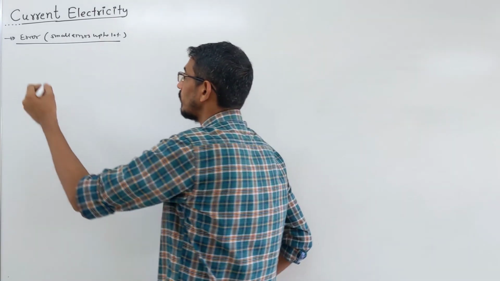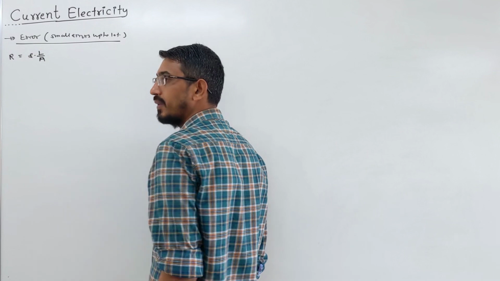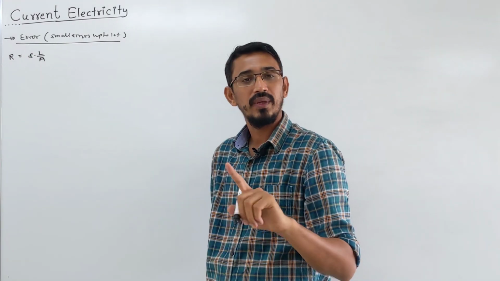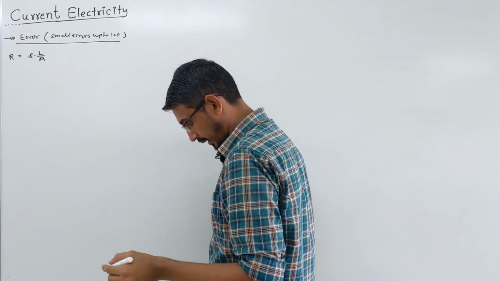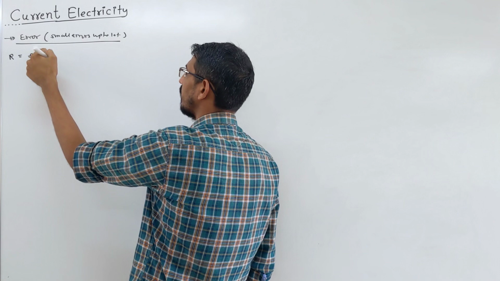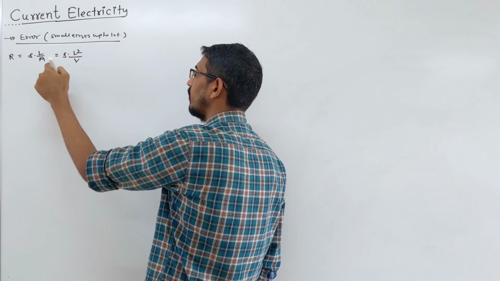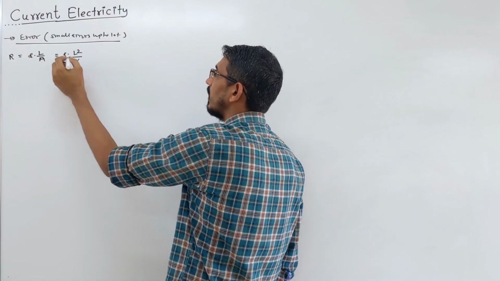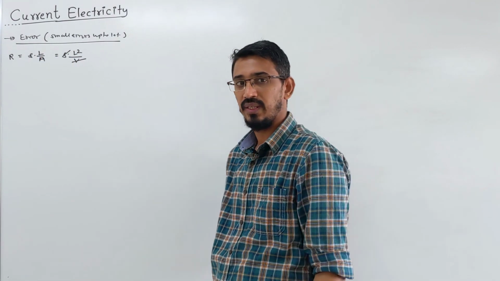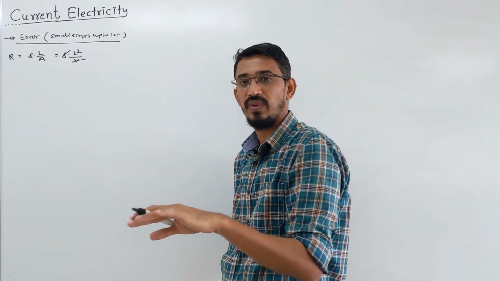Same way, look here, rho is R A by L. Suppose either the error in length will be given or error in radius and area will be given, correct? So watch carefully. Suppose error in length is given, then how do you convert this formula in terms of length? You multiply by length, so it becomes L square, and down becomes volume, length by length. So length is a constant. In that case, resistance is proportional to length square. Big error we have discussed already, right? Resistance increased by n square times.